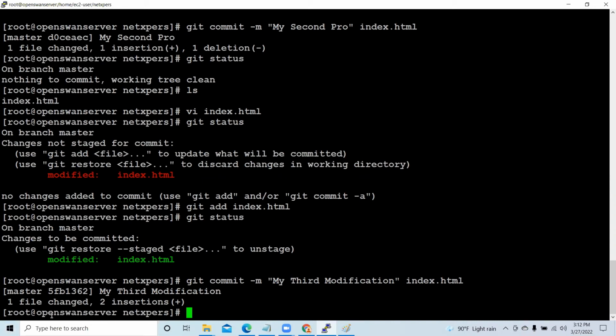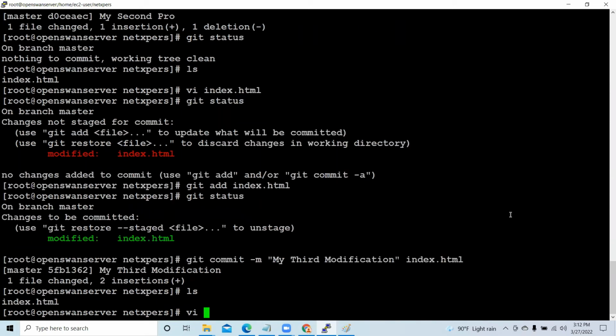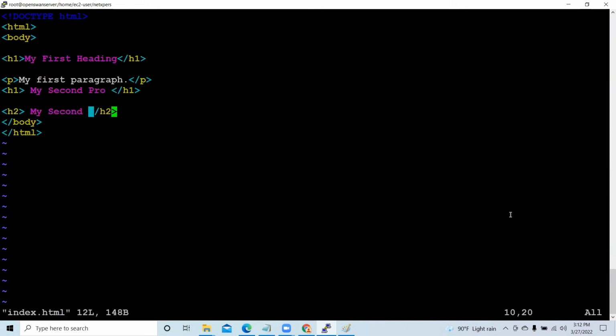Here we add something, we add some files. Let me modify the file again, right? This is one of the coding steps. The programmer is modifying the file. So here, just put it to H3. My third modification. Just put something in. Just git